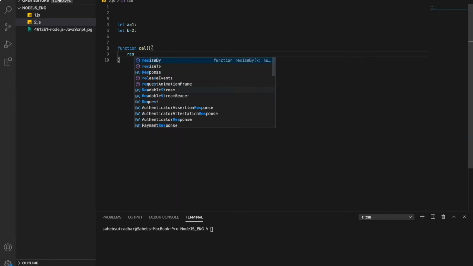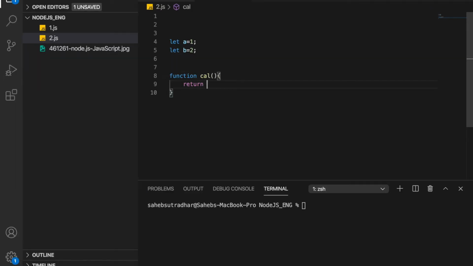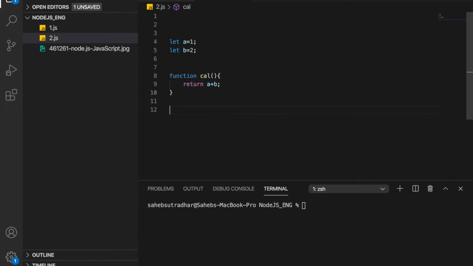So it returns a plus b. Now if you call this function,